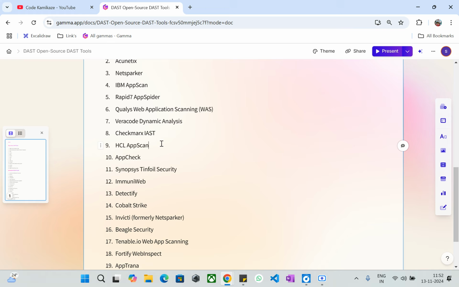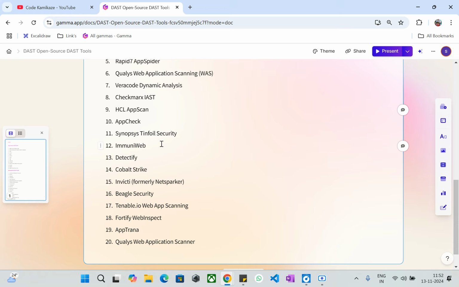Ideal for its most use case for complex applications and large enterprises. You can use HCL AppScan, and this can also be automated by CI/CD. And the next one is AppCheck, supported by Java, .NET, PHP, Python, Ruby, and Node.js. It offers automation where you can scale the vulnerability detection, particularly